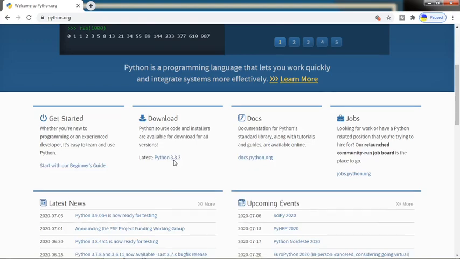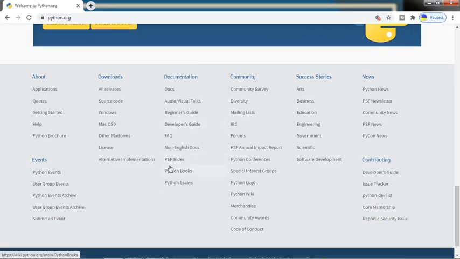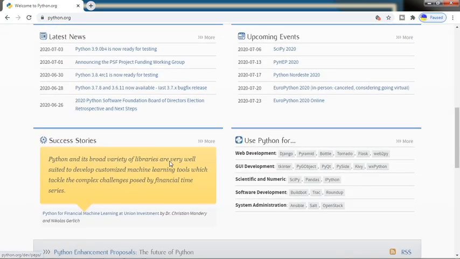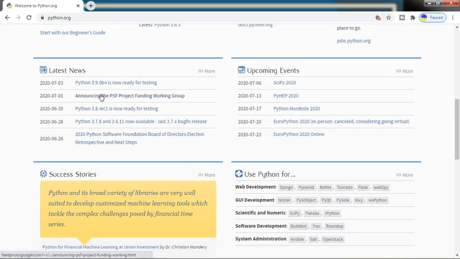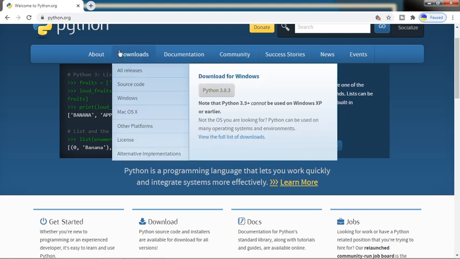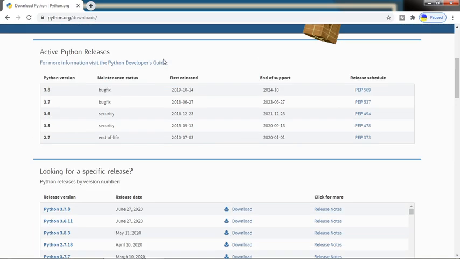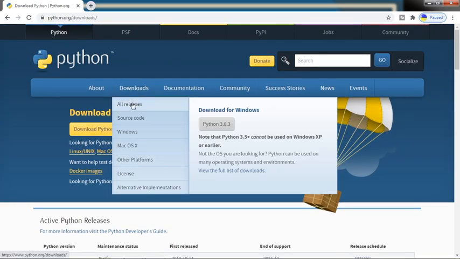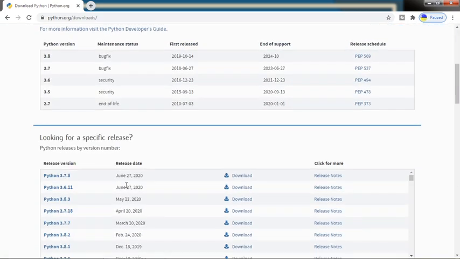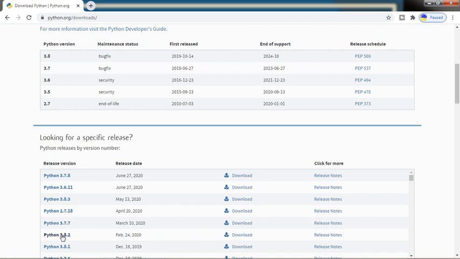Otherwise you should scroll down, and here, latest news, then downloads, download all releases. From here you will click on all releases, then you will have the list of all downloads available.